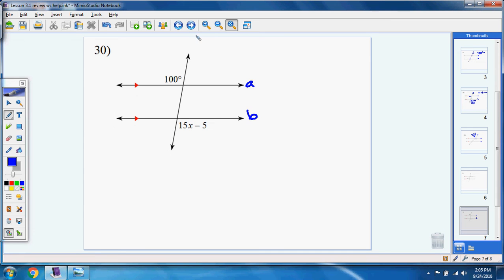So again, line A, line B, we can say transversal C or maybe transversal T. So again, we're going to say that these are congruent based off of the terminology, the vocab term, and then we'll solve for x. So again, this is the left and right of your transversal. So one is on the left and one is on the right. So that's the alternate idea. And then you ask yourself, okay, is it interior, is it exterior? They're both on the outside,